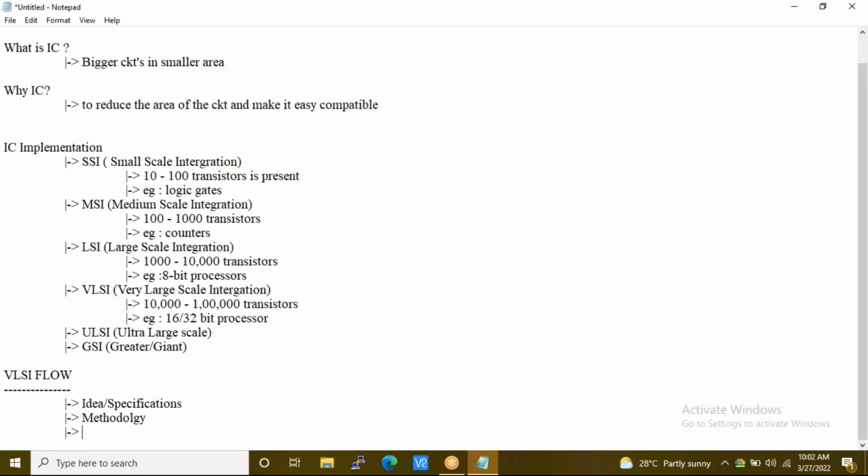They will divide. The divide and conquer concept will be present in that. How do I divide that idea, implement it, and group it to get a good result? They are going to be helping you on that. And next is the methodology flowchart. I have that now. Then RTL designing.